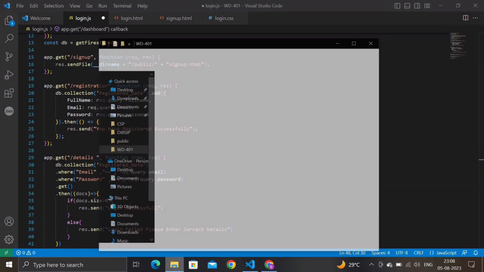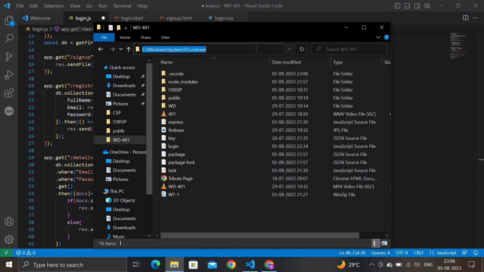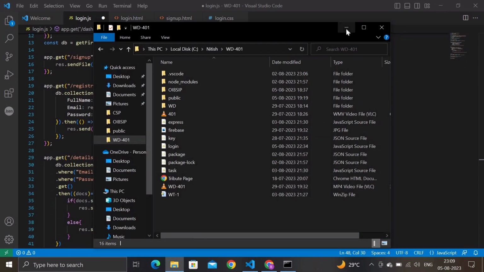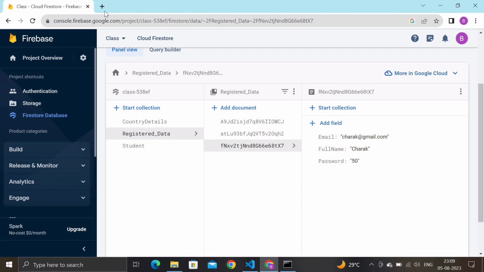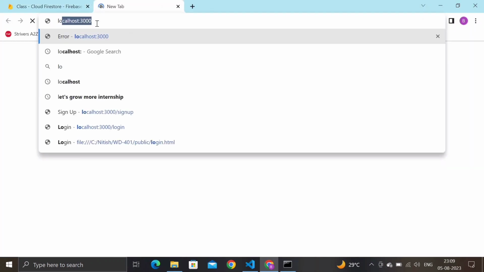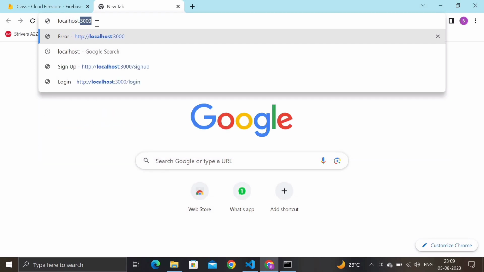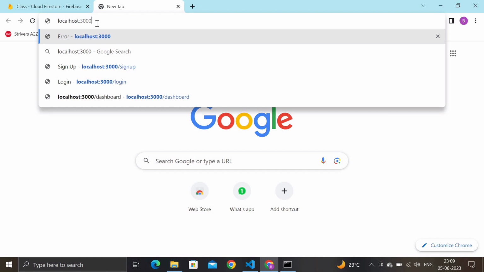In the dashboard I save the welcome user response, and I will show you the output. For seeing the output, we must turn on the server, and we must run the file node space login.js. The server was on, and we must enter localhost 3000. It is a localhost method, and it is the port number /